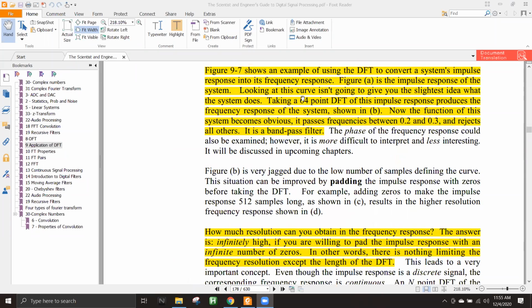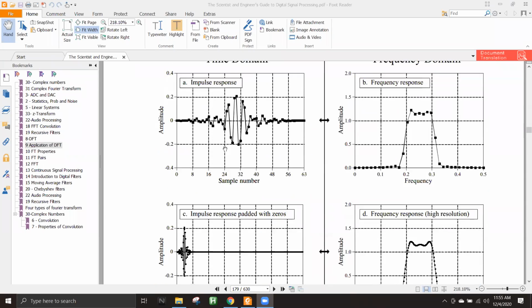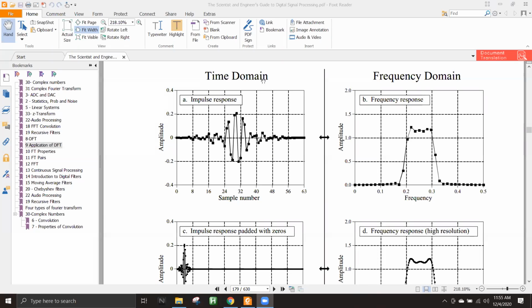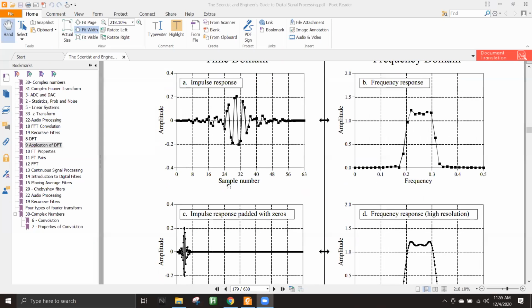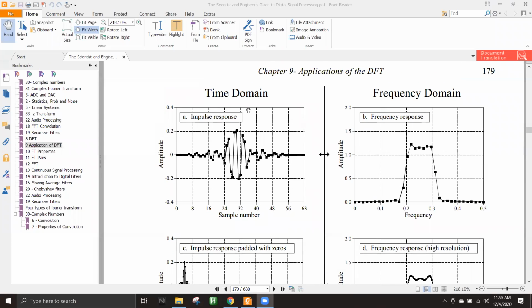Okay, so now we are looking at figure 9.7, and figure A is the impulse response of the system. Here, this is the time domain representation of the impulse response. The question is that from this impulse response we cannot get important information about what it actually means, okay? If you look at a system's impulse response like this, in some scenarios we can say a lot from the impulse response, and in some other scenarios, just by looking at the impulse response we cannot understand